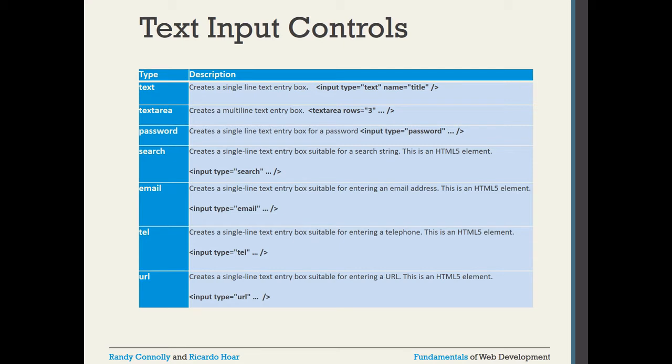Next are the input controls: how many kinds of input values you can take. The first is input type equal to text, which creates a single-line text entry box. Another, which I just mentioned, is the textarea. In a textarea you can fix the size also, that means how many columns and how many rows you want. Whenever I show the demo, then you can see.